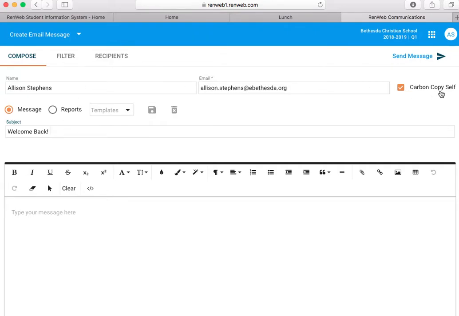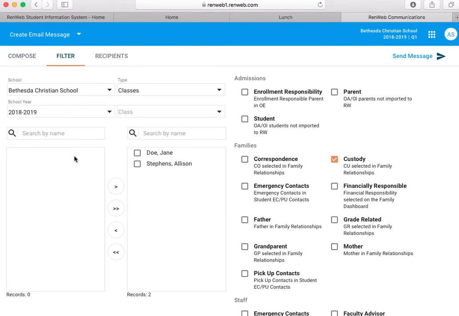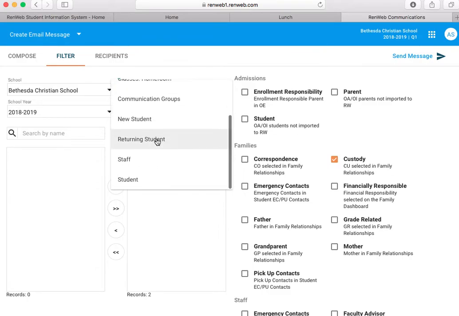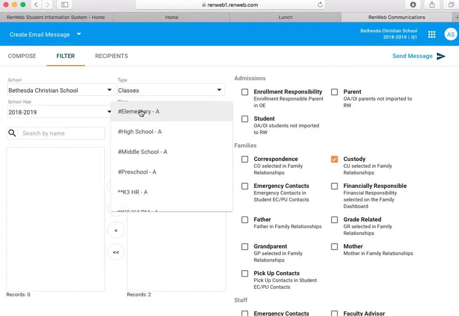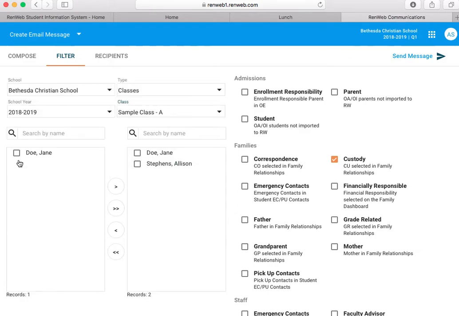I always carbon copy myself. It will send an email to my email address here. And then when I go over to filter, I've already added Jane. Jane is in my class. So for instance, when I click on here, my sample class shows up and Jane is here. So I'd click on her box and put it here. And if I wanted the entire class, I would just click on all of them and move them over,